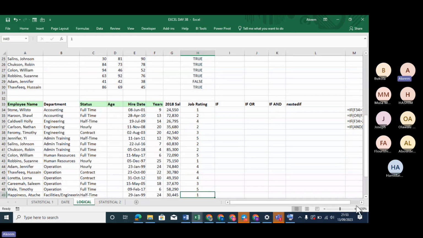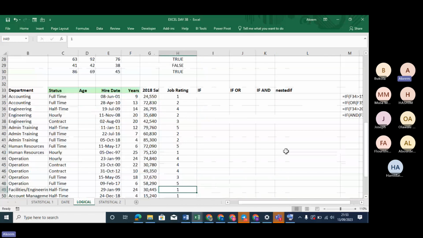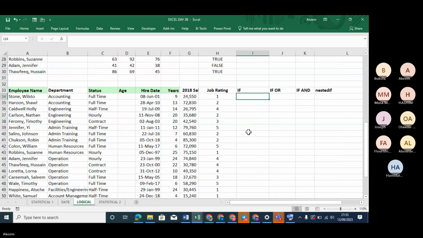IF function. Not if. IF. Okay. Yes, IF function. What we want to learn here is that the IF function has